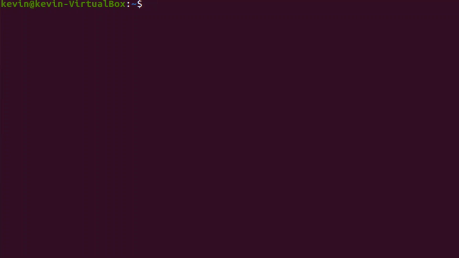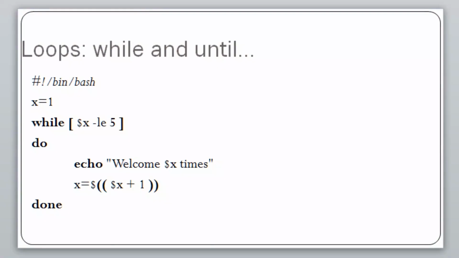They can be effective if you need something to run multiple times or until something is no longer the case. These are useful for, say, when you have a file that's running and when it finishes you want it to disengage or stop. That's when while loops or until loops can be useful: when you want something to run and you don't necessarily want to sit there and watch it, so you can write up a script to say until this is not running anymore, or while this is running, do this, and then when it's not, finish it. So that's kind of how this skill can be used in actual real case scenarios.